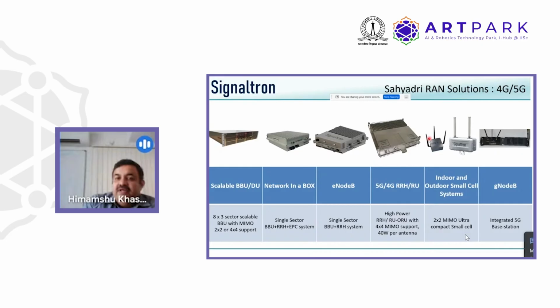We have an extremely compact small cell, femtocell kind of a system, which is slightly bigger than a credit card kind of a form factor. So these are for deployments in indoor situations, or probably in dense deployments like malls and offices and probably stadiums. So that is the box we have.